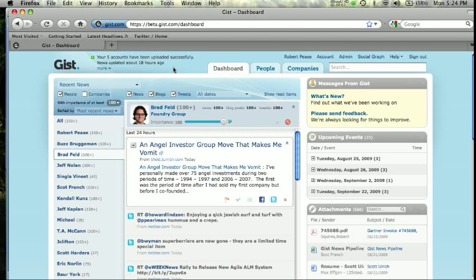I want to take a couple minutes and give you a quick product overview and tell you a little bit about some of the features and some of the capabilities that Gist has. What you're looking at now is the dashboard, and the dashboard comes together once you activate your Gist account and you connect into your email, you connect into your various social networks, and what we're able to do then is